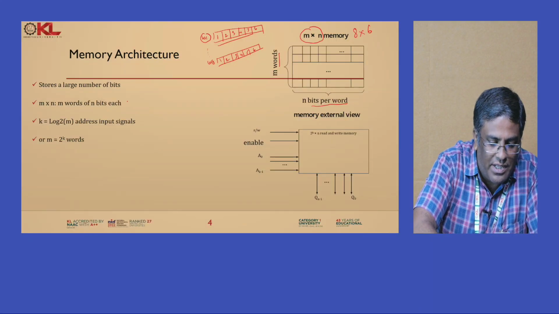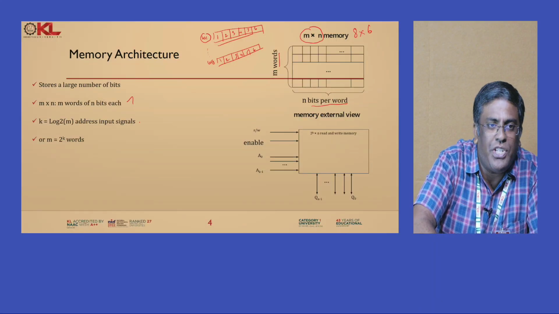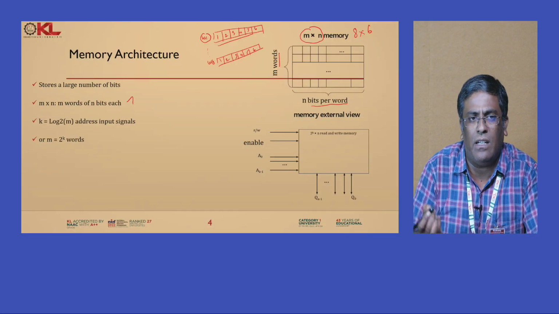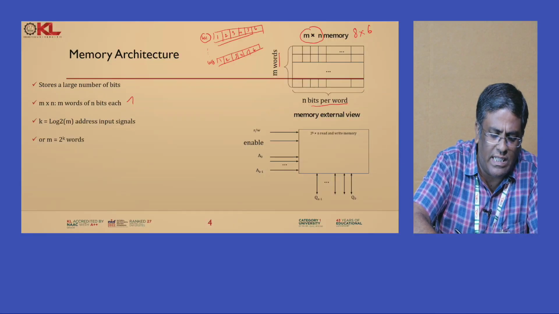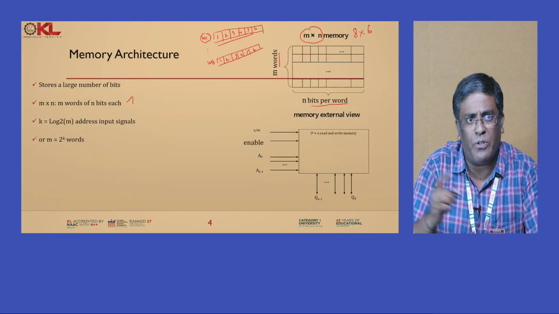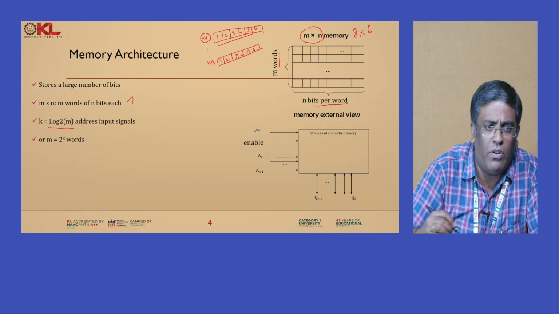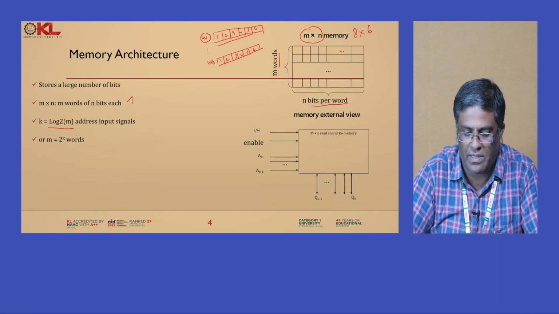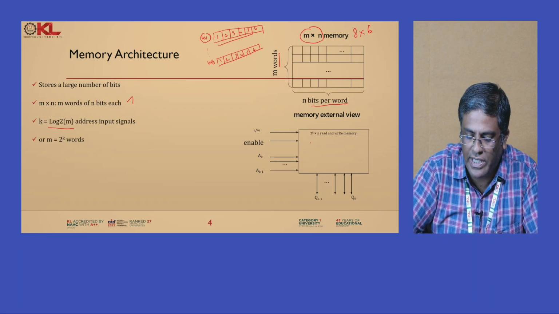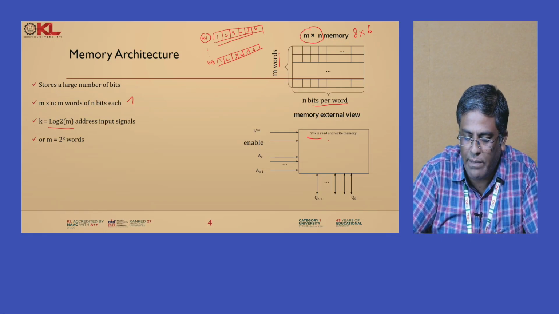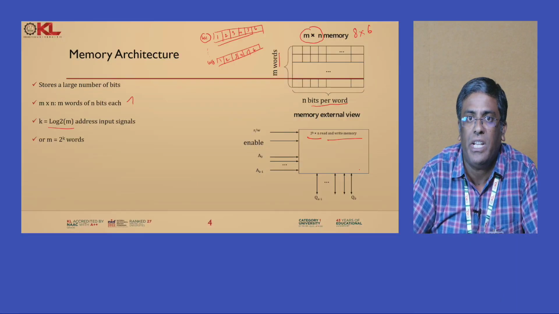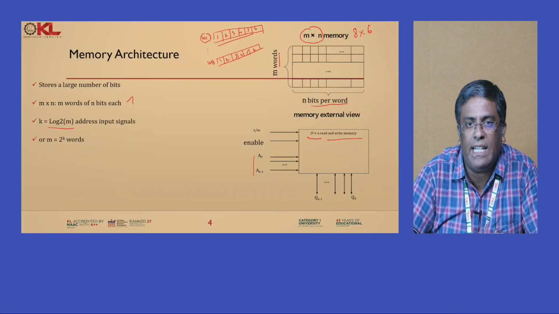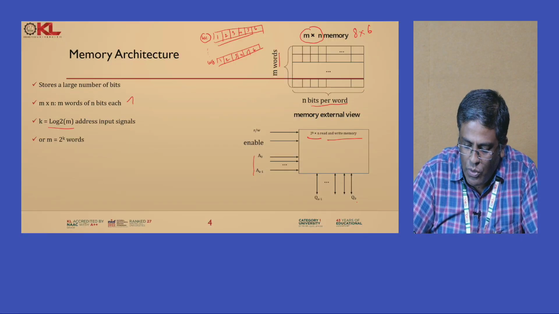That's what we say here, m words of n bits each. If you want to put it more practically, we can write it in terms of the address input signals, in the form of log 2 of m, or we can say that m is equal to 2 power k words. So we can write 2 power k cross n read write memory architecture to make it more convenient. And here a0 to ak minus 1 indicate the address lines, and q0 to qn minus 1